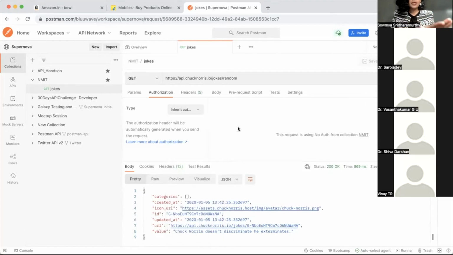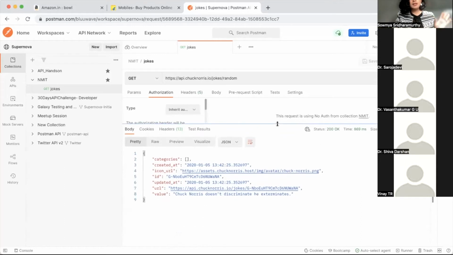But because we are doing the GET operation, which is a harmless activity, I'm not trying to harm anybody, just fetch the information. There's no authorization I'm trying to give. So it's fine. I can still send the request and see what's coming in. So this is the detail that's coming in. Now,